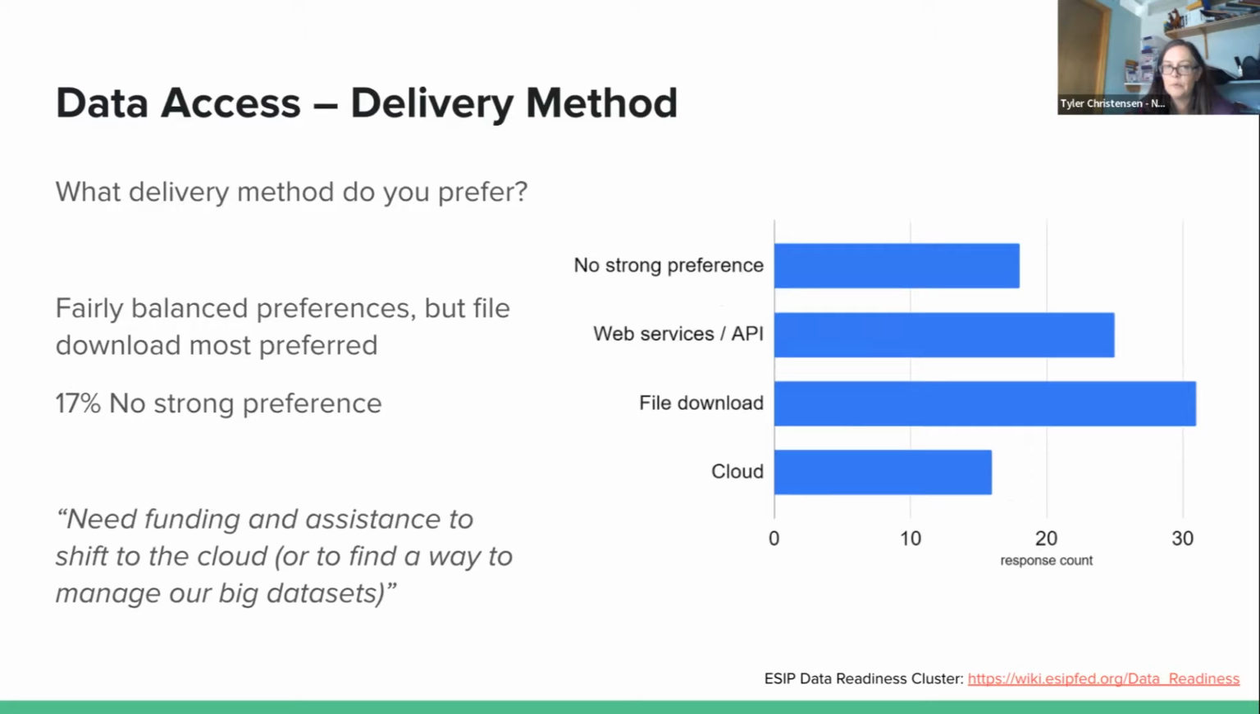So for data access, we asked a couple of things. The first thing we'll talk about is delivery method. We just asked how do you want to access the data, and the options were: do you want to download individual files and store them on your local system? Do you want to access data directly in the cloud? Would you like to use web services or APIs to access the data, or do you have no strong preference? And actually, a full 17% of our responses said no strong preference. They can deal with whatever kind of delivery method